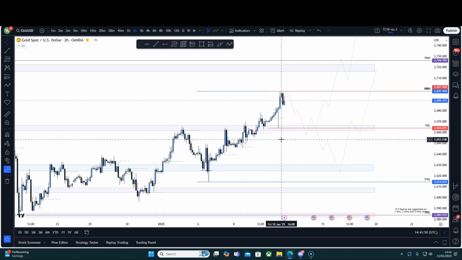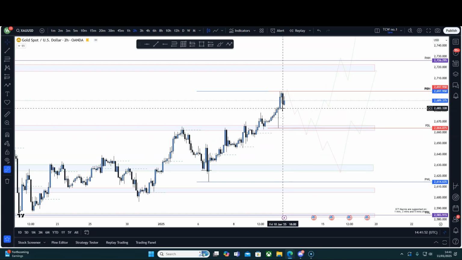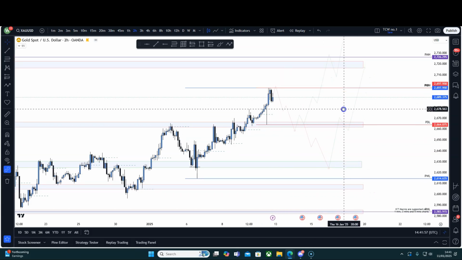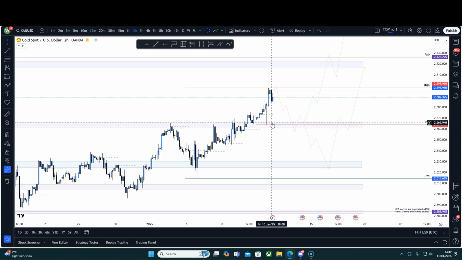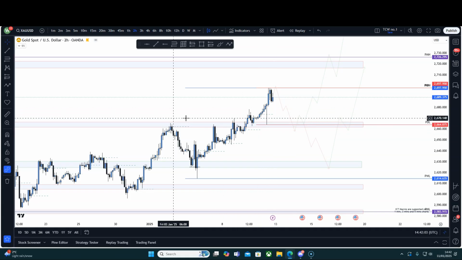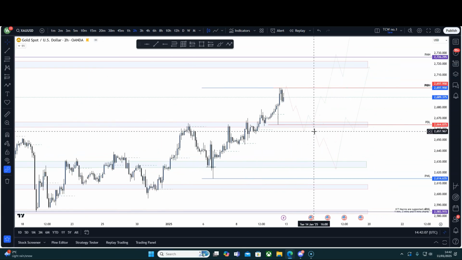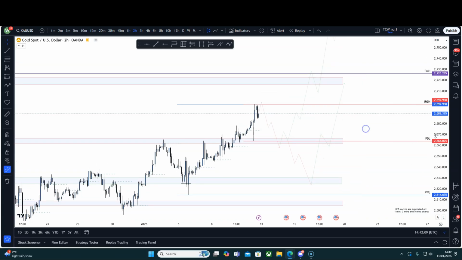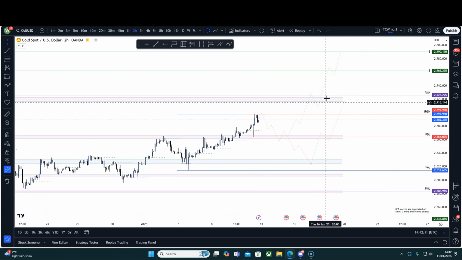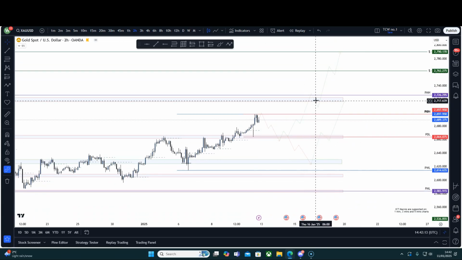This wick has not yet been filled. Wicks like this that tend to be so fast tend to be filled before price moves higher. I want to see at least 70% of this wick filled, or even taken back onto this major area of support. I'll be looking for a market shift and buys to then take price up towards previous month high, which is also this resistance level.